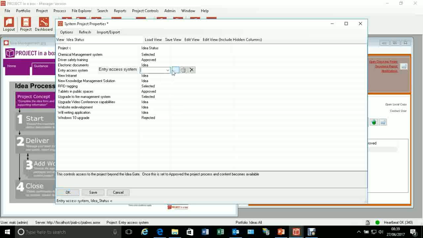If I wanted to just show it as an idea, I could, like that, or I could say that it's been rejected. It's been partially selected, so it's one we're thinking of taking forward into a further set of analysis, or it's one we're actually approving. Now I'm going to actually approve it in this case, so we can see that when I save that,